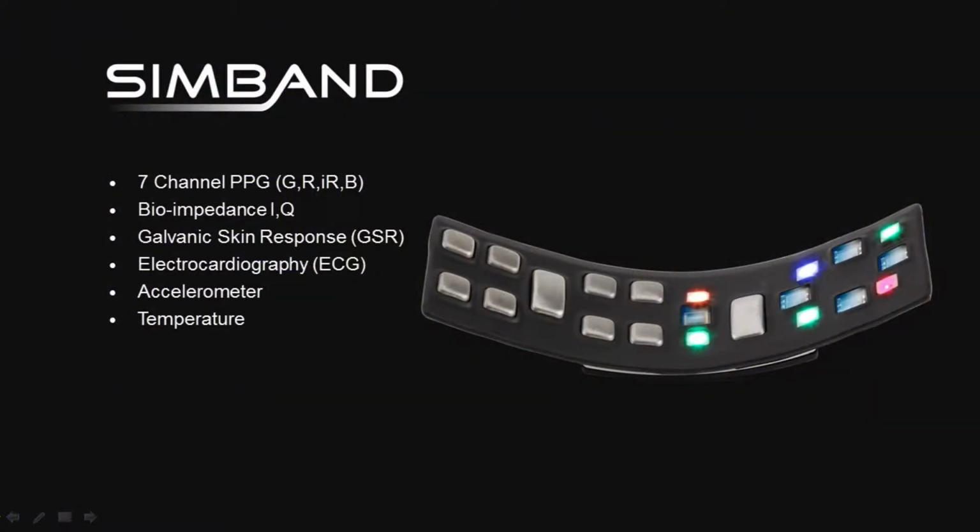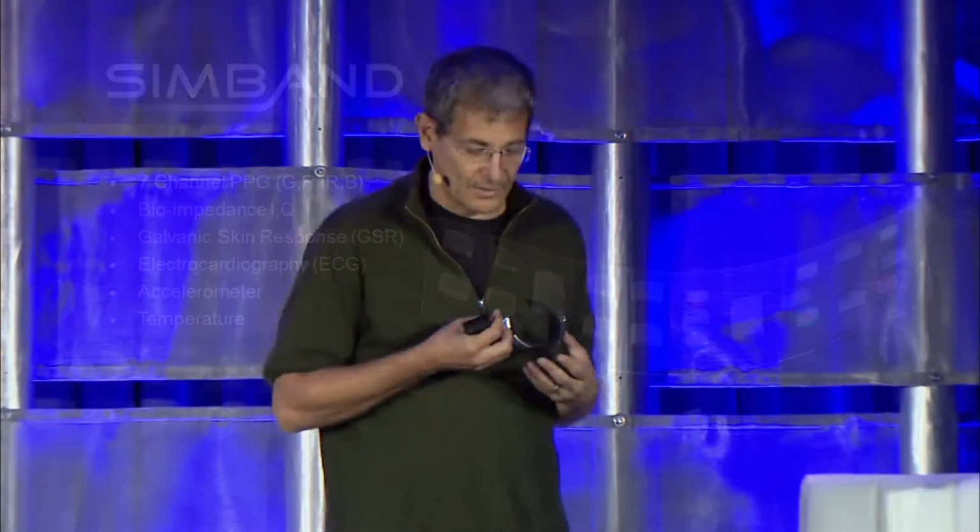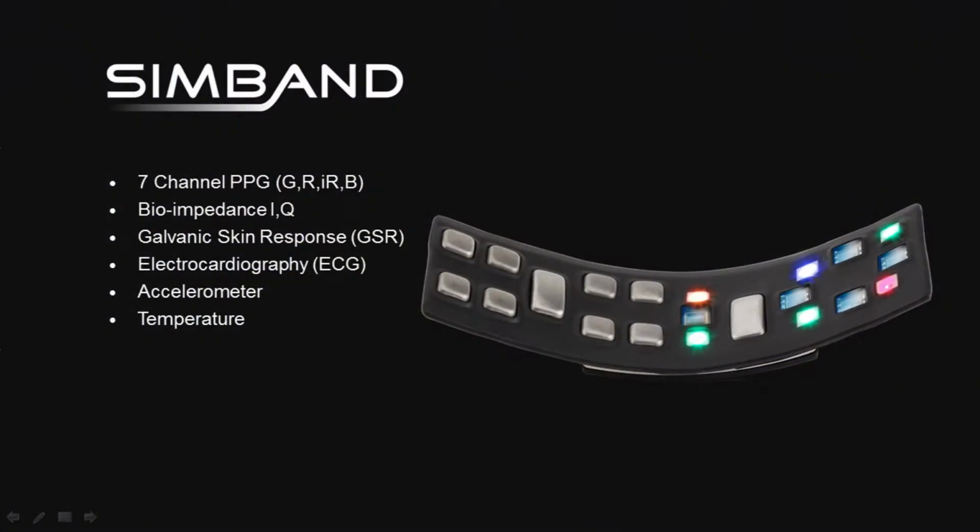A bit as a background. About a year ago, we announced SimBand. Not a product, but a research platform. It looks like a watch. It's based on the Gear S, but on the back of it, we actually placed what is probably one of the most advanced sensor modules in the world today. 7 wavelengths of PPG, bioimpedance, galvanic skin response, ECG if I touch the clasp, accelerometer, temperature, and no, you cannot go and buy it. You want it, come and work on specific research opportunities, and we'll be able to get